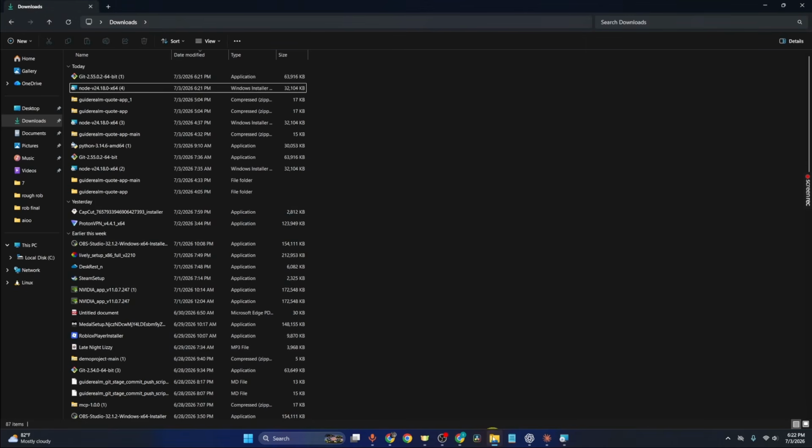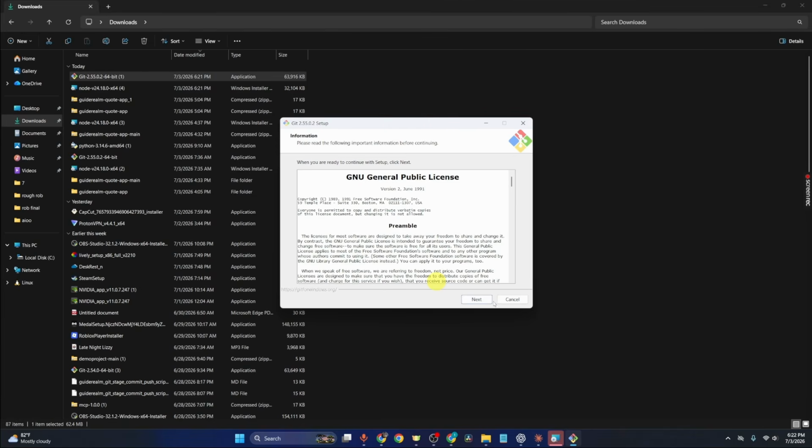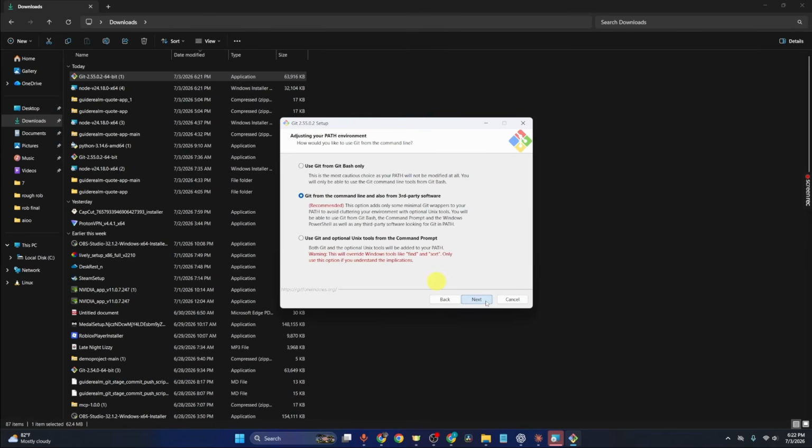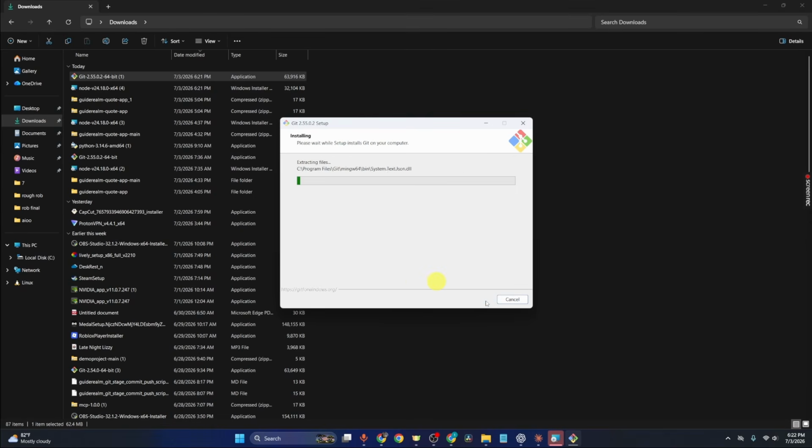After that, just go to your file explorer and reload if needed and double click on Git to run the Git setup wizard. Click on yes if prompted. After that, read through the general public license and then click on next until you get the install button. After that, you can just go ahead and click on install. So I'm just gonna wait for